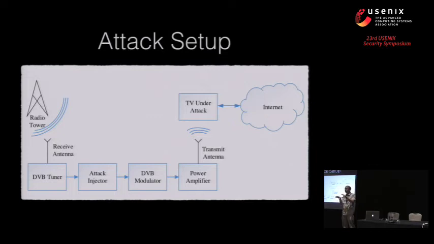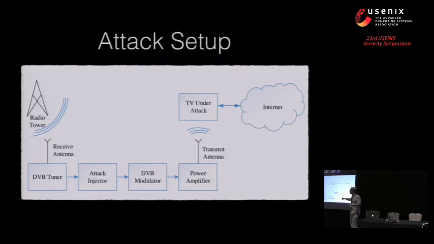and the malicious application to the multiplex stream, and then you modulate it back into the RF frequency, and using an amplifier and an antenna, you transmit it. Since your signal is stronger than the signal of the radio tower, you're going to overwhelm the radio tower, and the guys under attack will receive your signal instead of the original signal. So the cost of this setup is largely determined by the two pieces here, the DVB modulator and